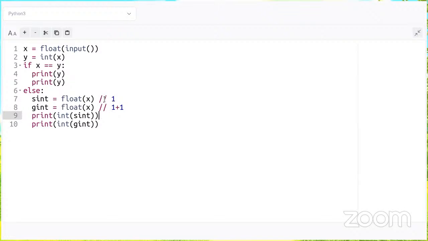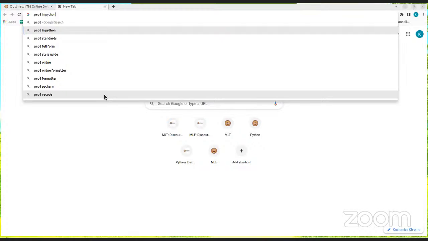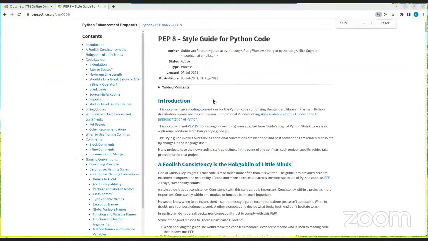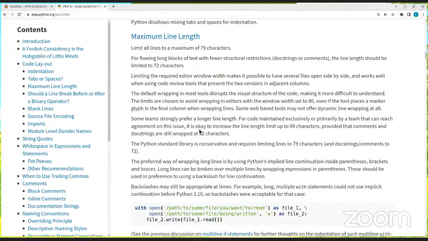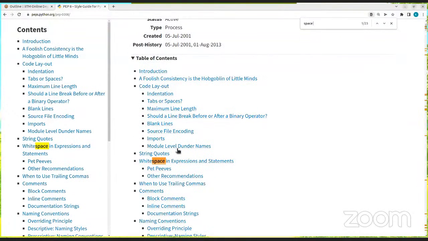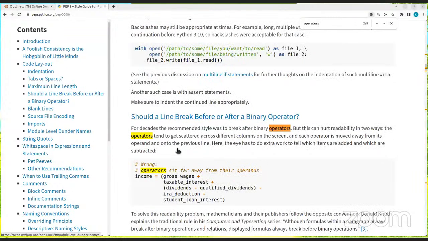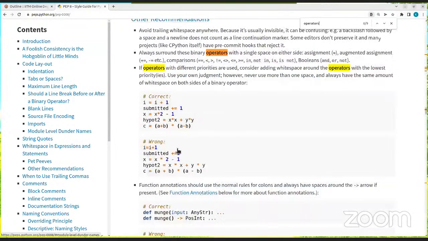So the space is mandatory, sir. For explanation you are making, or it is required as per syntax? Okay, so it's not required. So there is something called PEP 8, the style guide for Python. Python has what is called a style guide. It recommends that you have a space between operators, right? I don't know where it comes from, but it just makes the code more readable. Exactly, easier to debug stuff and also.